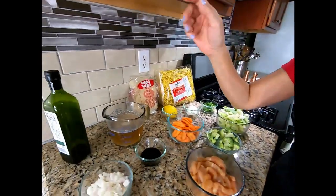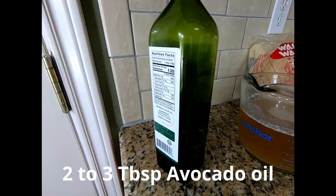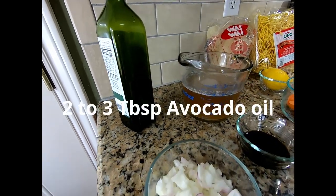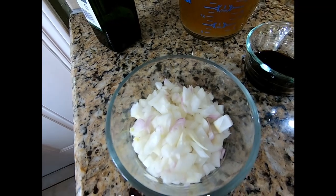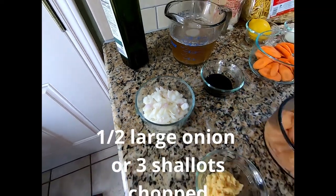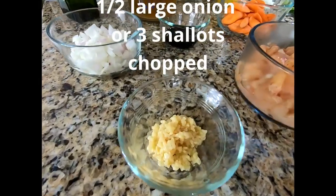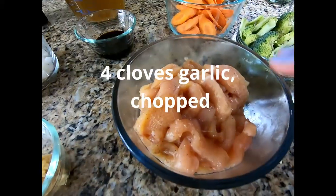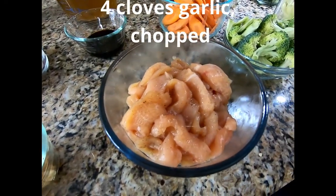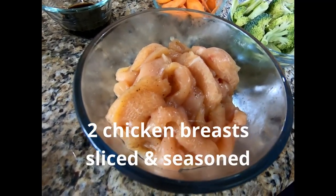So here are the ingredients. First, I got some avocado oil. You're probably gonna need a few tablespoons of that. And then I have half of a chopped onion, or if you use a big one, you can use half. I use shallots when I'm cooking it in the Philippines. And I got about 4 cloves of garlic chopped. I have 2 chicken breasts that are sliced thinly, and I already pre-seasoned this with a little salt and pepper,